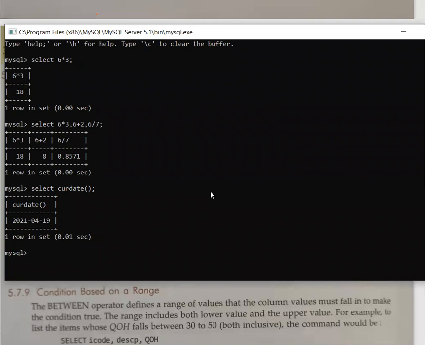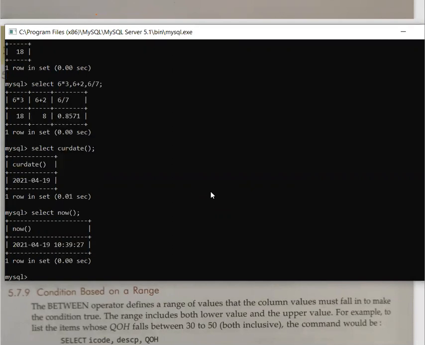Only 2 students have given the correct answer. See, we will be writing select and now. This is the first function. No, Lavina, we are not having that function only. And we have one more function, sysdate.